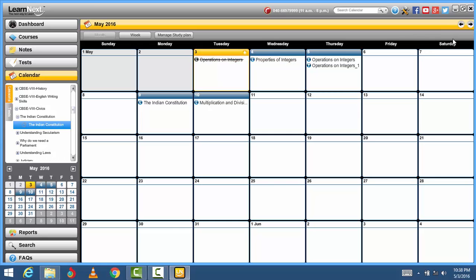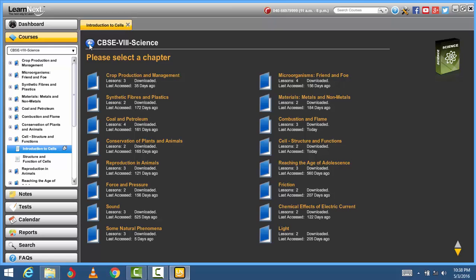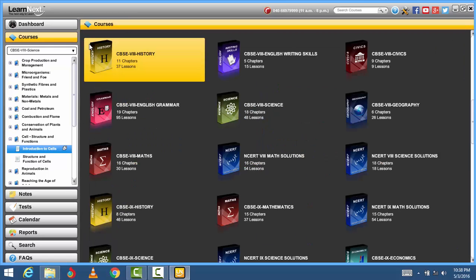These are the features of this software. We have seen the math syllabus, math solutions, science syllabus, science solutions, history, geography, civics, English grammar, English writing skills